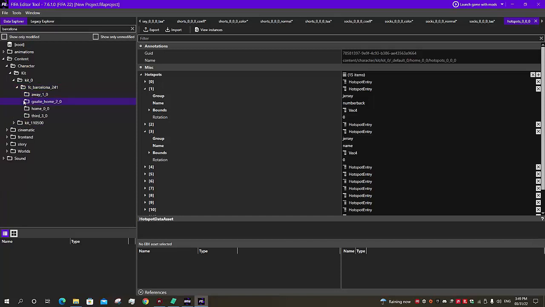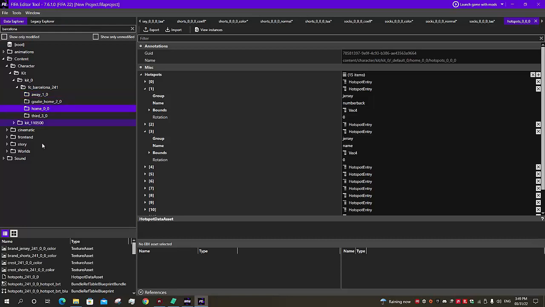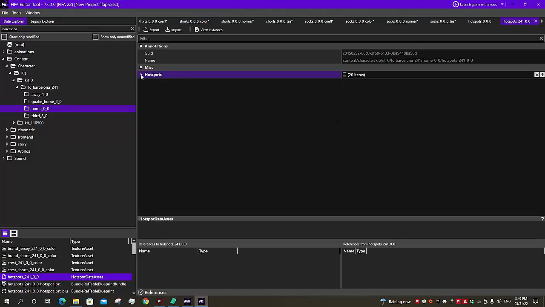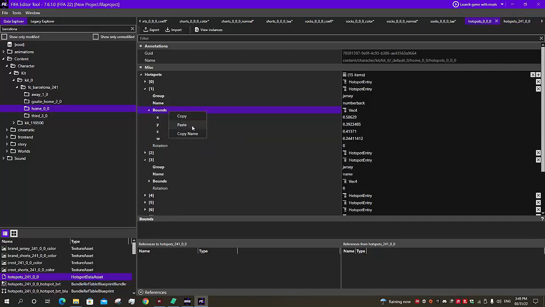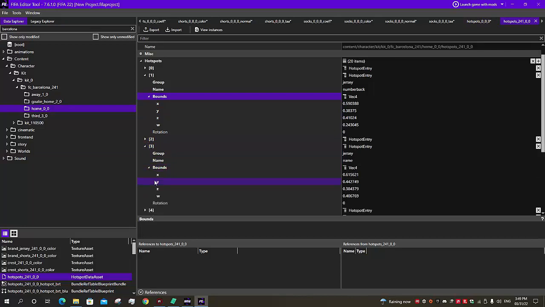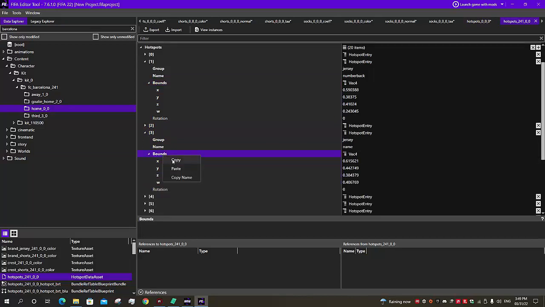Go ahead and find Barcelona. Any one of these will do, but let's open home, open their hotspots and copy them over. So 1 and 3, I should probably do the other ones, but for the sake of time I'll just use these two. So click bounce here and copy, bounce here, and look at the values, paste, they changed. Same for the jersey name, bounce, copy,